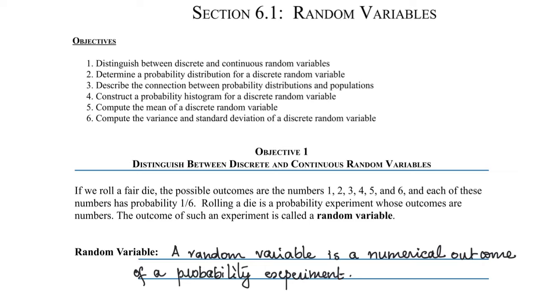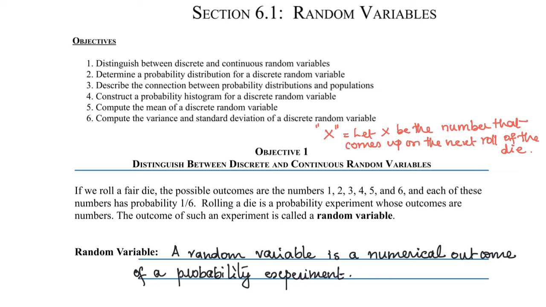So a statistician might say, let X be the number that comes up on the next roll of the die. And the probability of getting each number 1, 2, 3, 4, 5, 6, each one is 1/6. So that is a number between 0 and 1. And if we add the probability of 1, probability of 2, probability of 3, probability of 4, probability of 5 plus probability of 6, the sum of all these probabilities is 6 over 6, which is equal to 1.